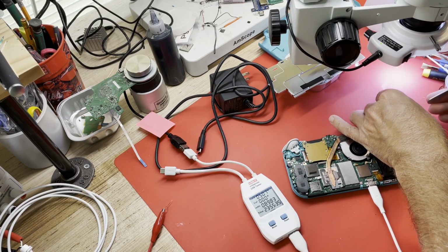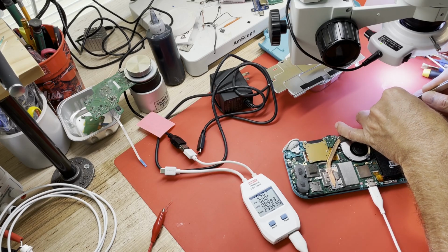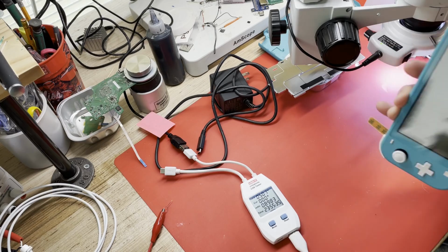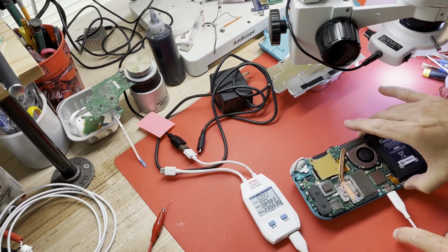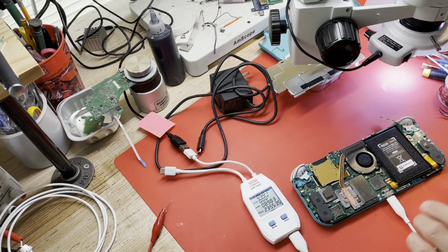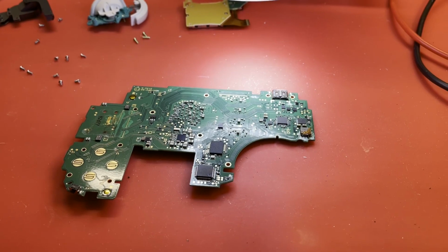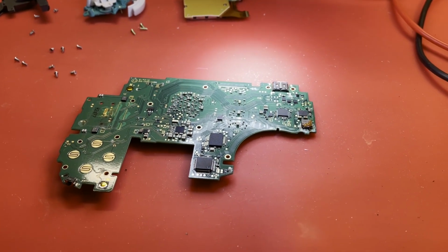What happens if I hit the power button? Nothing, I don't believe. Nope. Okay, time to get serious. Alright, well, after not being able to get any charge current at all, or any signs of life, I pulled